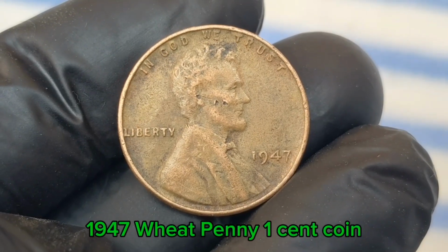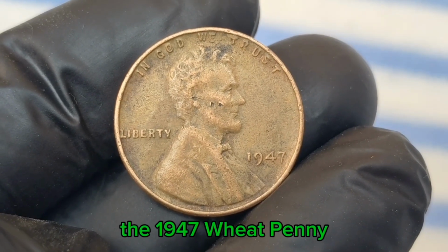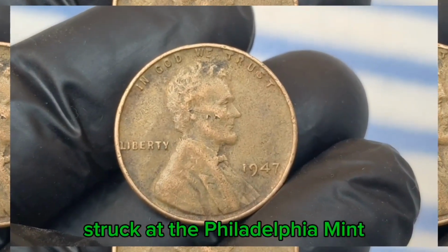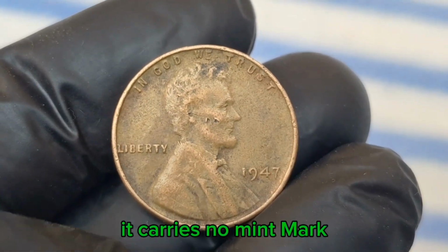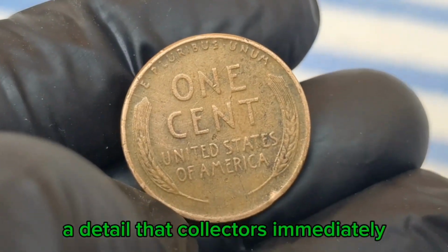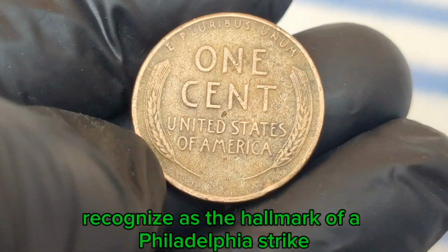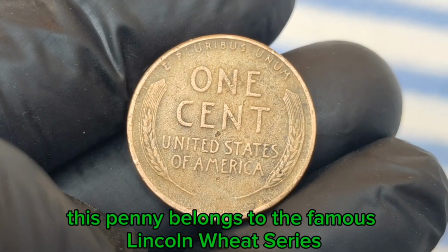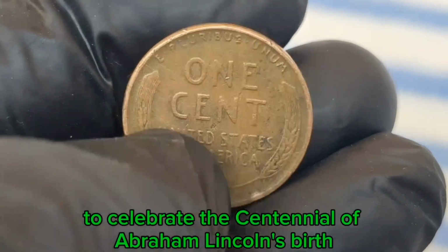1947 wheat penny 1-cent coin. The 1947 wheat penny is a small coin with a massive story. Struck at the Philadelphia Mint, it carries no mint mark, a detail that collectors immediately recognize as the hallmark of a Philadelphia strike. This penny belongs to the famous Lincoln Wheat Series, which began in 1909 to celebrate the centennial